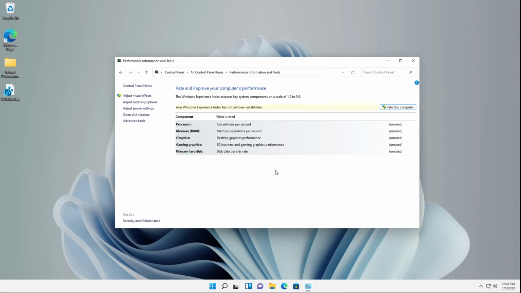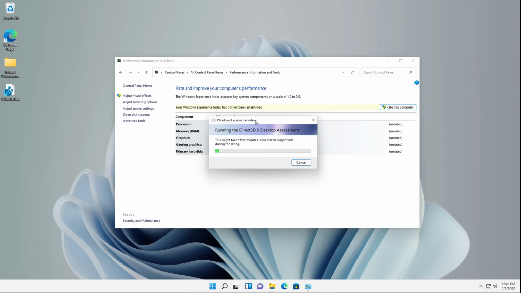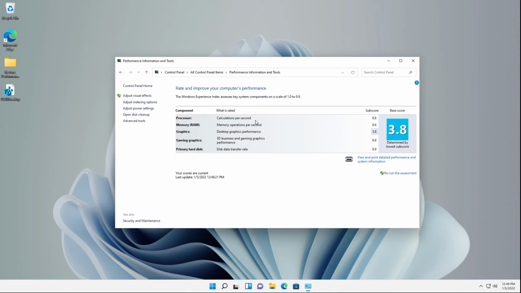So I'm going to demonstrate it. Well, I'll be showing you that it works. So we're going to click rate this computer. And there we go, now it's successfully finished assessing the computer. The Windows Experience Index is now finished and has come to a base score of